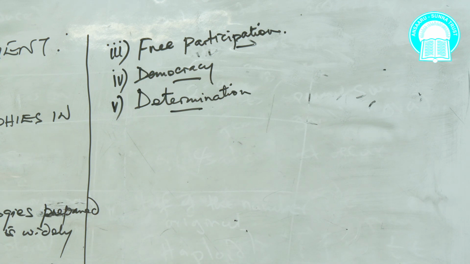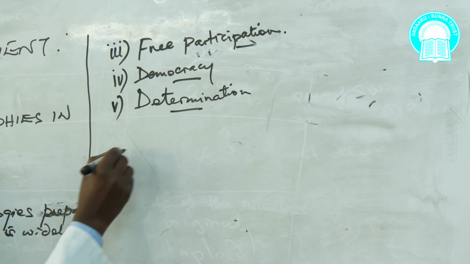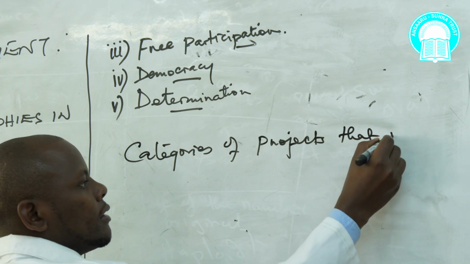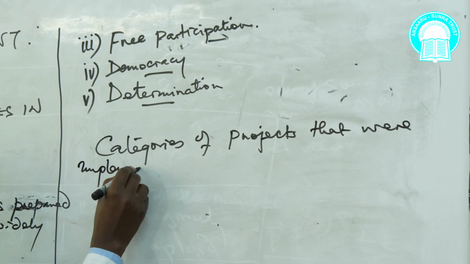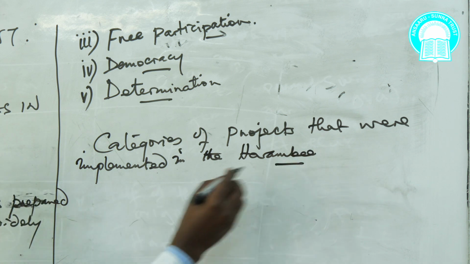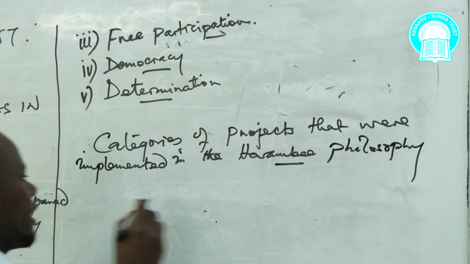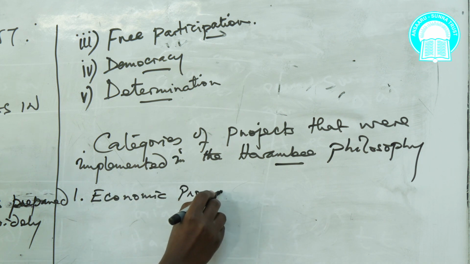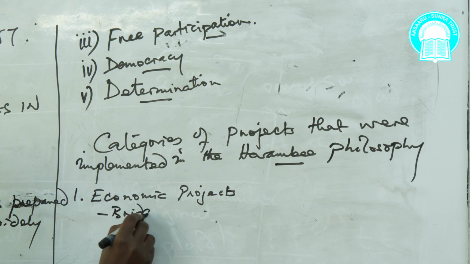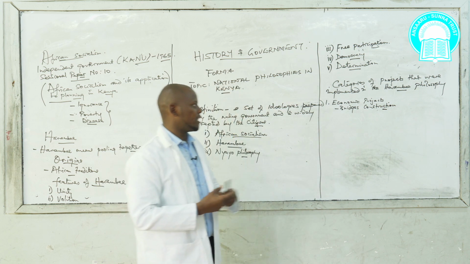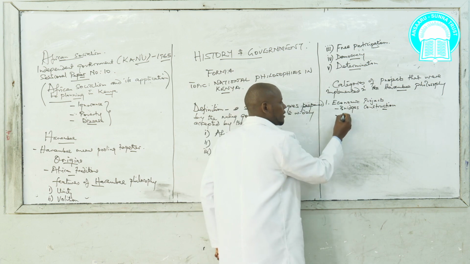Having said that, I want us to look at the projects that were undertaken using the philosophy of Harambee. Categories of projects that were implemented in the Harambee philosophy included the following categories. I will start with economic projects, such as bridge construction. Kenyans were invited to contribute labor, resources, and whatever they had to construct bridges, access roads,